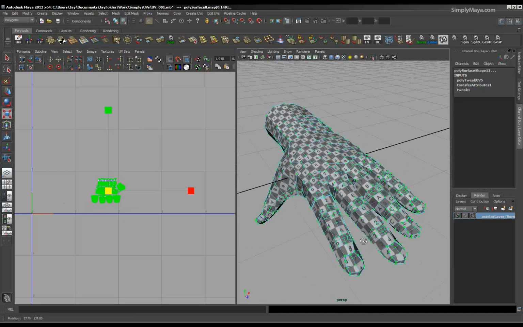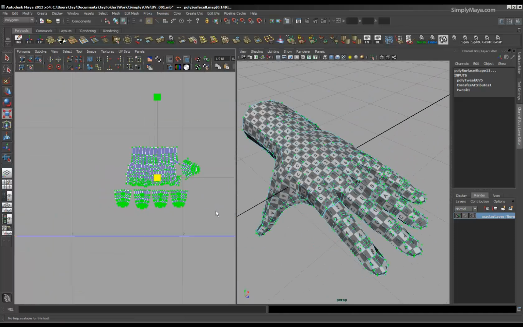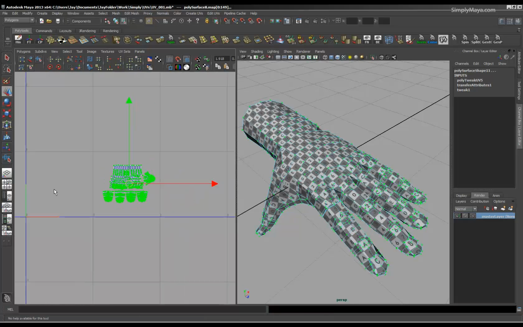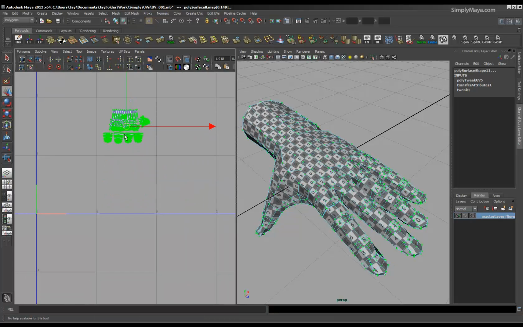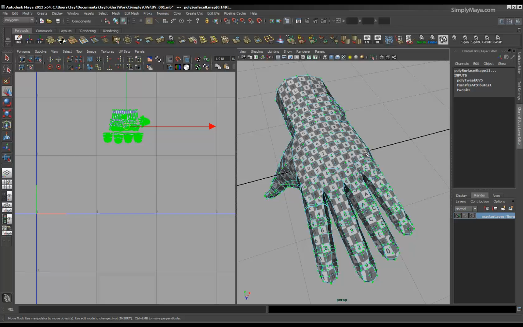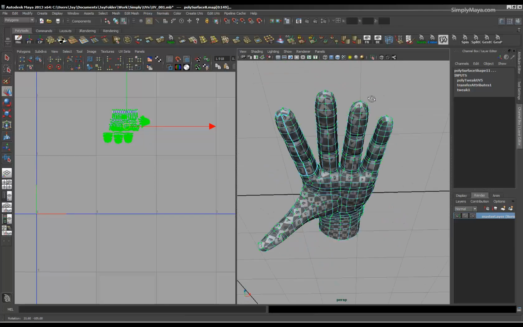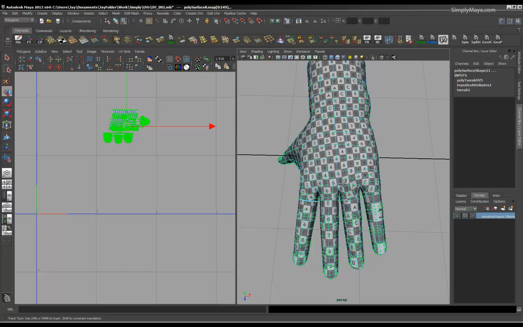And then last but not least, we'll just scale this guy down so all our UVs are the same size or within the 0 to 1 range, and we'll just put that guy up there, and we'll hit smooth on the keyboard. You can see that's all good. Now one more thing to do